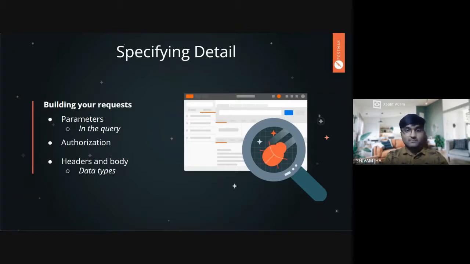As I talked about authorization, some APIs require you to give some keys in order to use them. So for such APIs, you will be using authorization tokens and headers and body. So yeah, body, I just now specified an example, a hypothetical example of a registration server which registers students